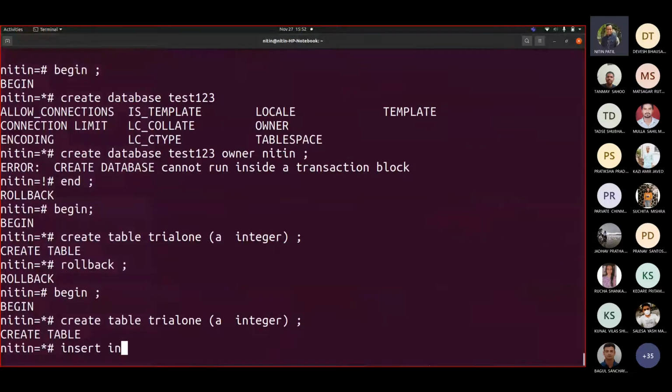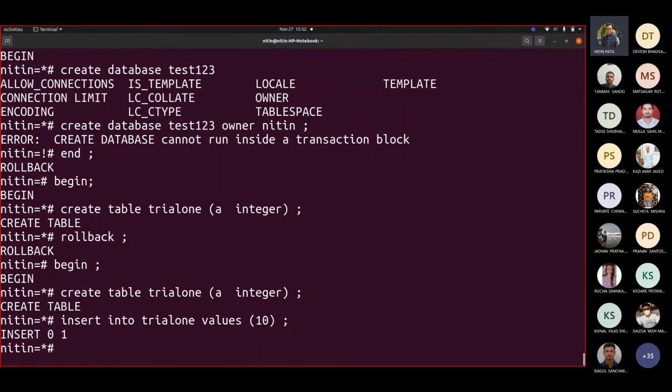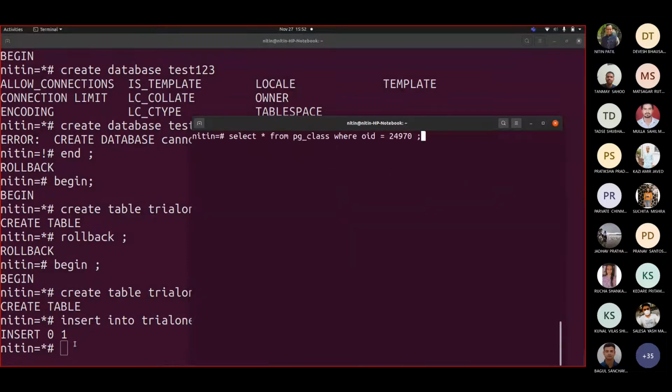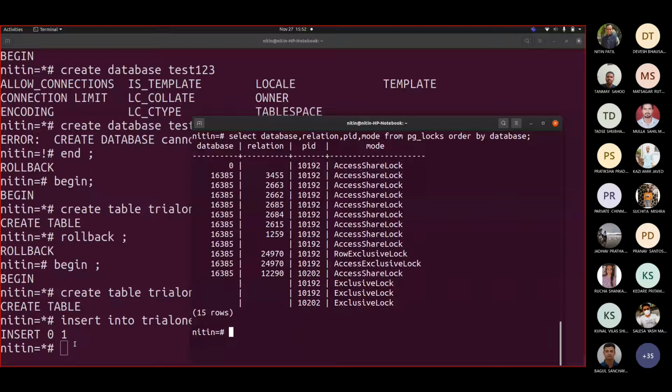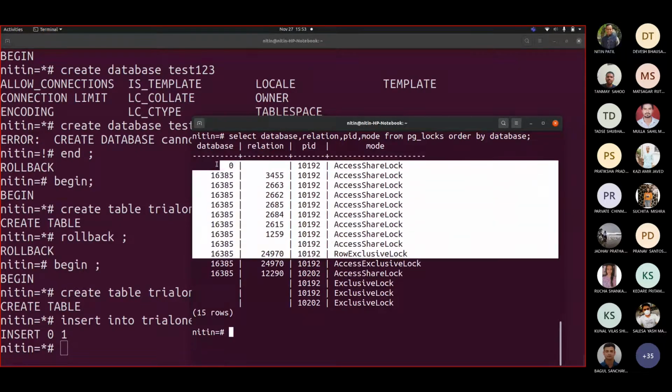So let me write insert into trial1 values 10. Now I inserted one value. Fine. Let me see the entries now here. How many entries are there? Now see how many tables got affected. So this is the terminal that we are talking about. 10192. These are all entries for that database.